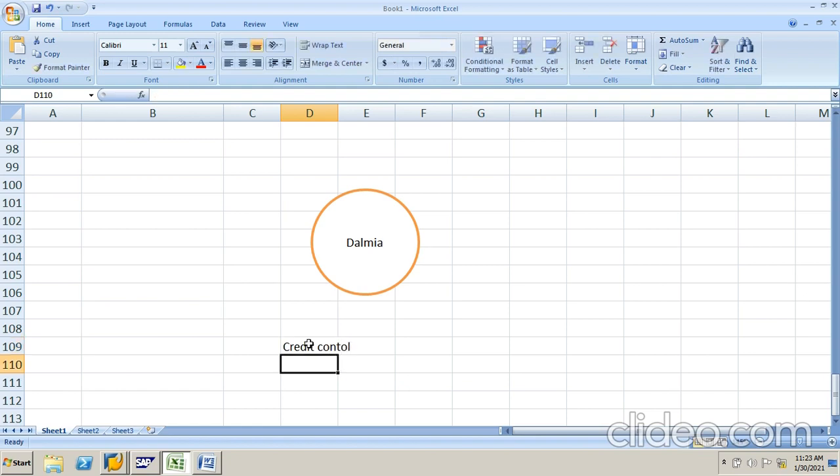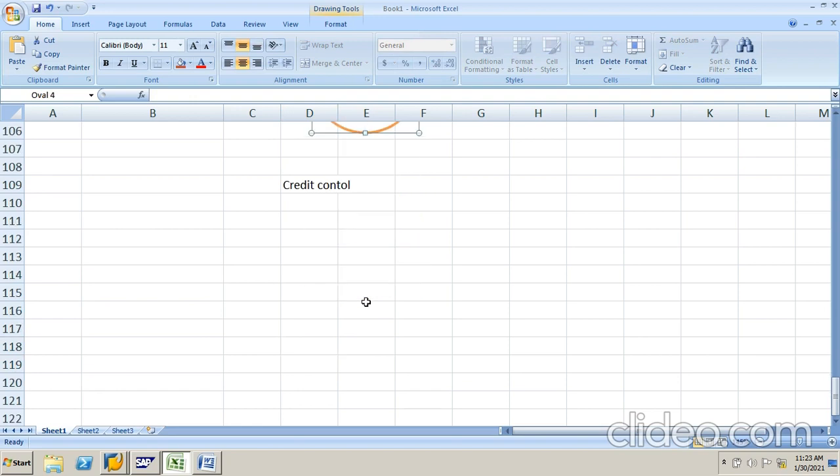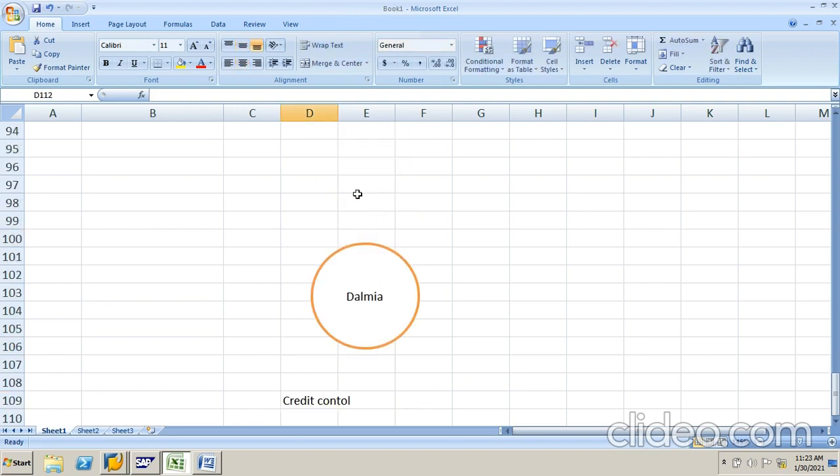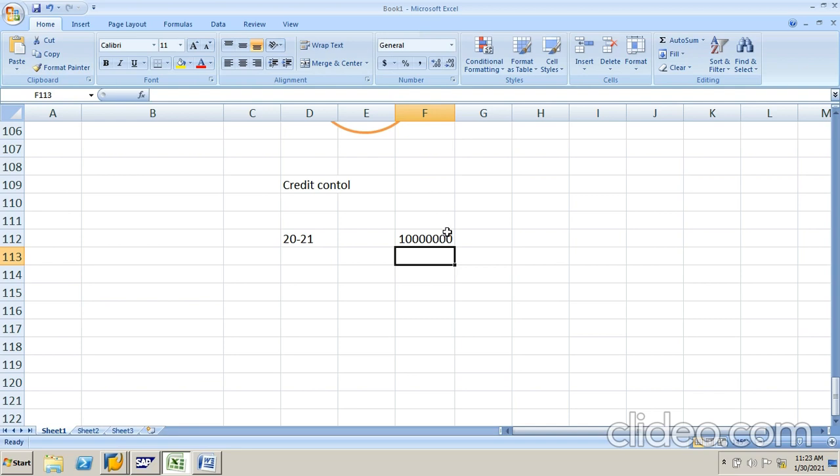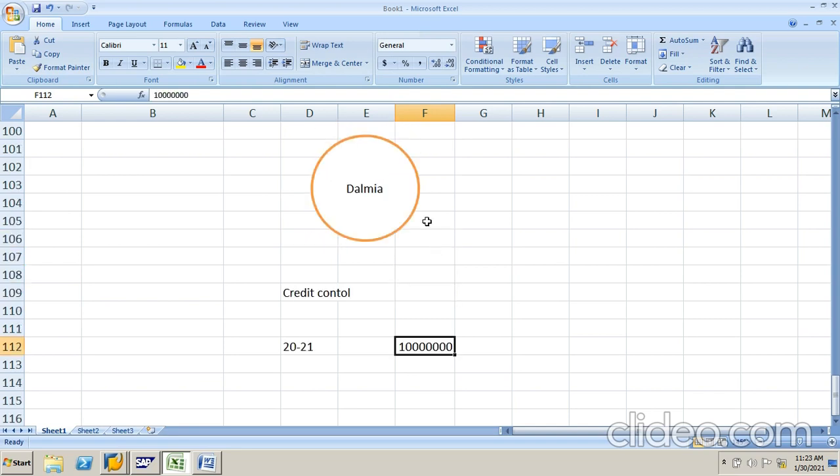Credit control means, so this company is doing the sales, so they can put one certain limit for the financial year 2020, 21, 21 and 22. Suppose we are doing for 2020 to 21. For this financial year, the company will put one credit limit. Credit limit means, suppose first they have to put one limit. Now they put the credit limit as a 1 crore. 1 crore means they cannot give the products on credit basis more than 1 crore. So 1 crore is a maximum credit limit for the customers.